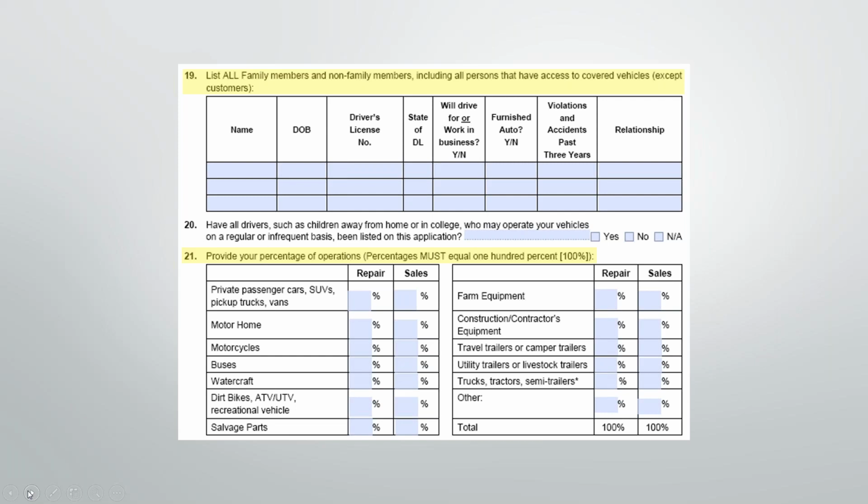But please let me know so I can get the right class code for you. The most typical one we see is the private passenger cars, SUVs, pickup trucks. That's going to be your standard repair and dealership. But, you know, they could be doing contractors' equipment. We do a lot of heavy truck, motorcycles, buses. So please take your time going over this with your client so that we can rate this properly